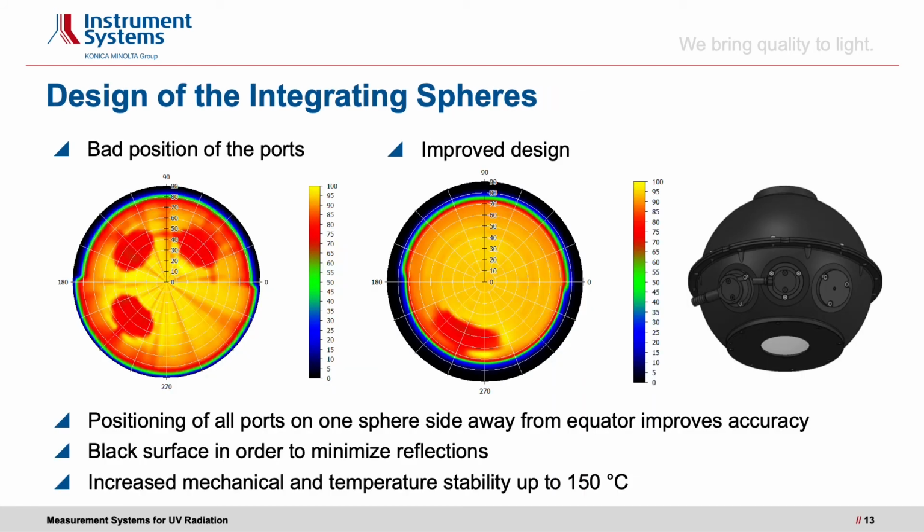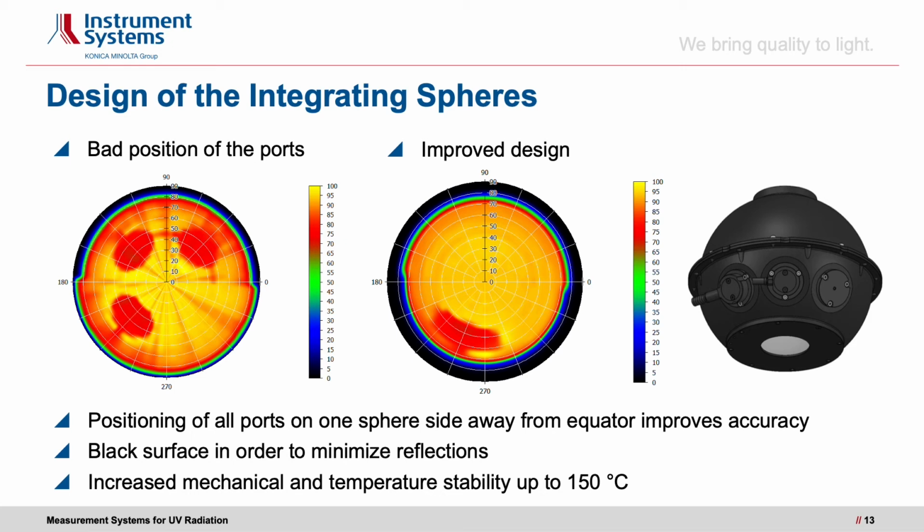Another influence for the optical performance of an integrating sphere is the position of baffles in the sphere itself. The position of the ports and the baffles in front of them, shown on the left-hand side, is made visible by scanning with a very narrow source or maybe a laser line. An improved design, positioning all ports on one sphere side away from the equator, will improve the accuracy in the